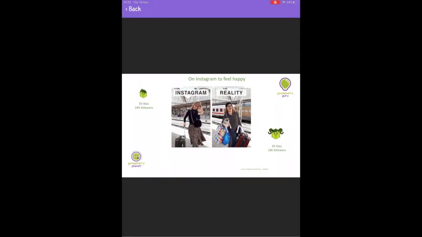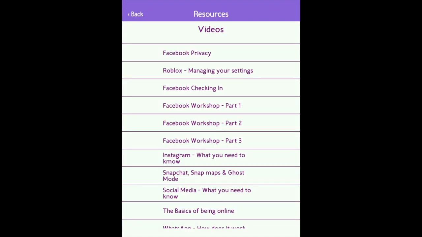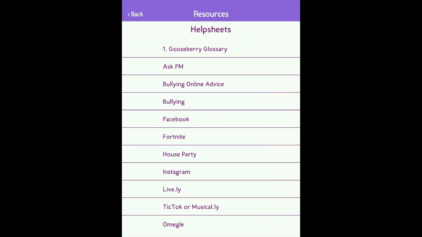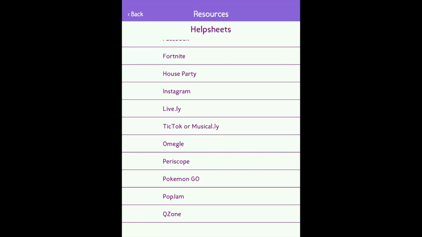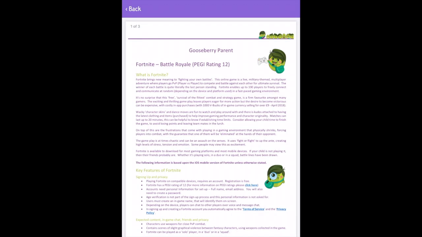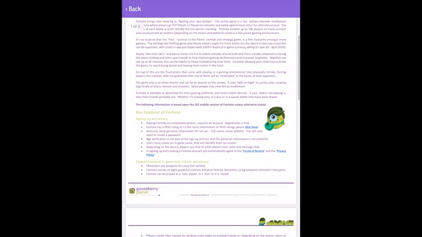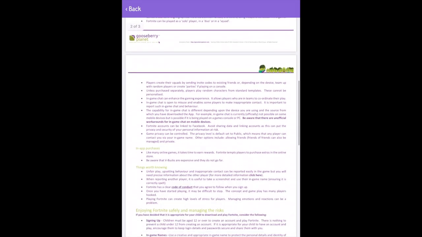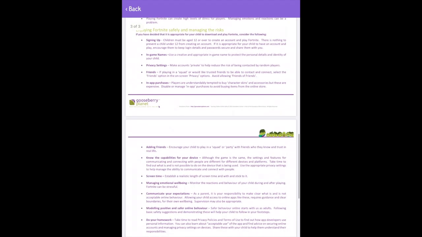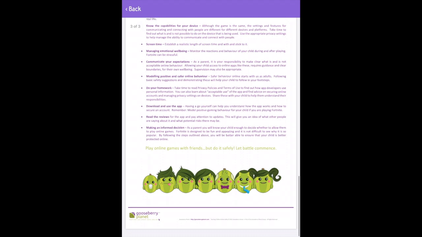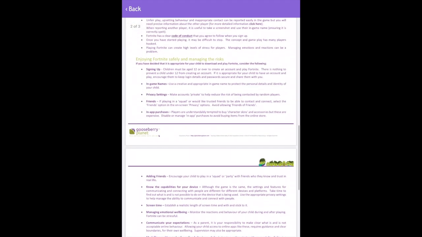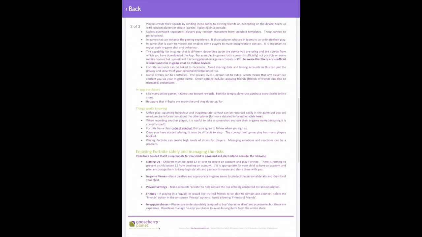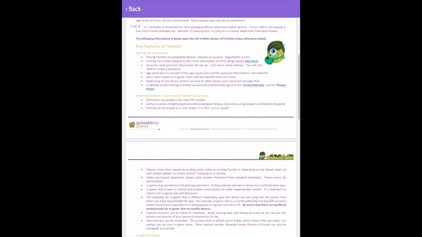And as well as the videos, there are also many help sheets which will guide you through how to keep your children safe, what to do, and also give you valuable information about how these platforms work, how you can set privacy settings correctly, and generally make sure your children are safe whilst they are using these different platforms.